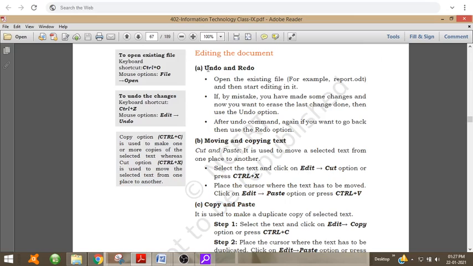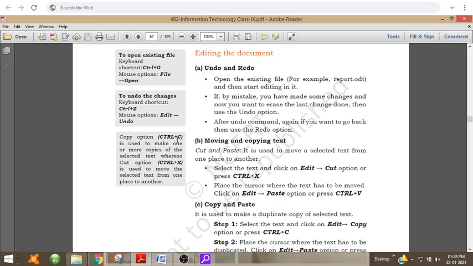So for editing the document, the first one is undo and redo. You can see there are shortcuts: Ctrl O for opening a file, Ctrl Z for undo, and Ctrl Y for redo.